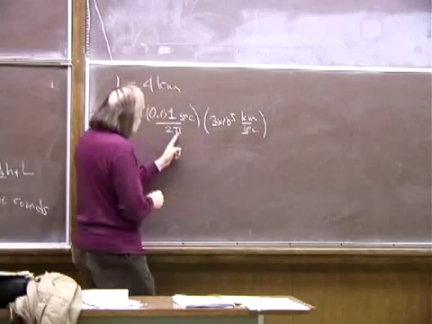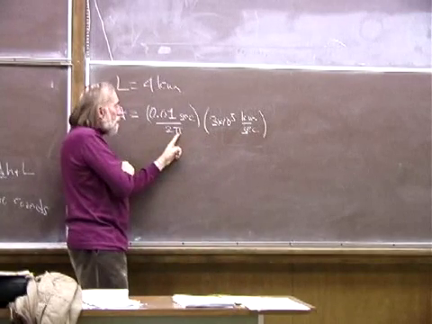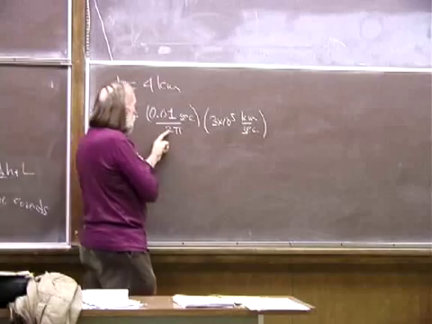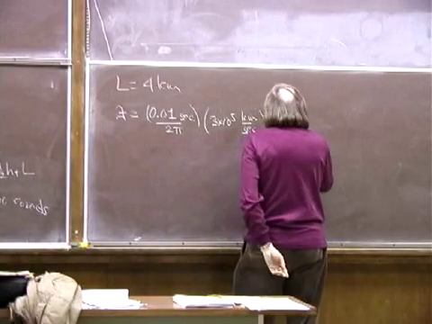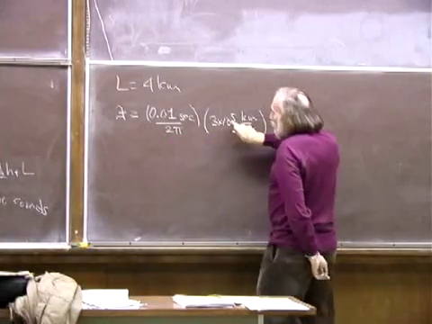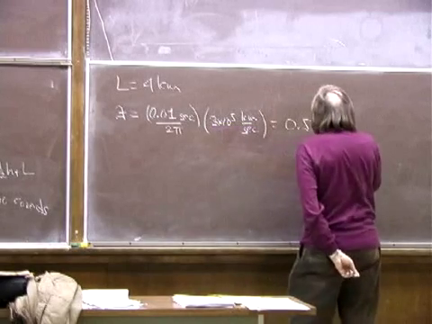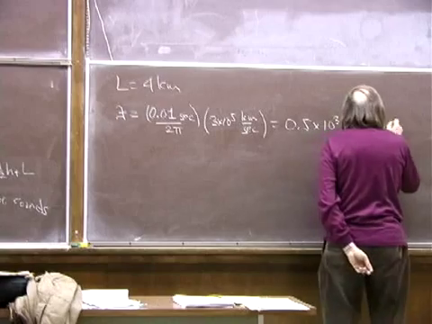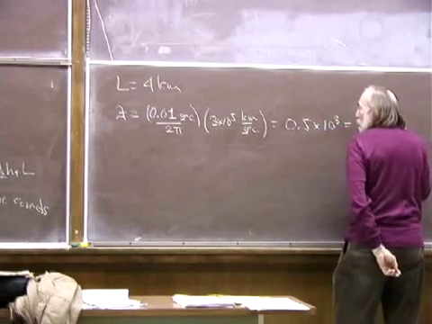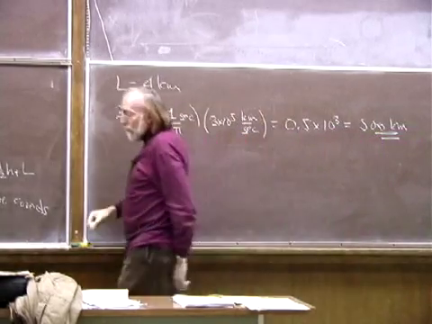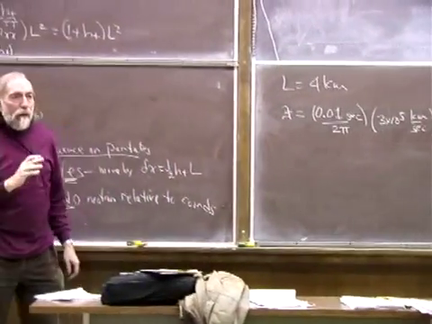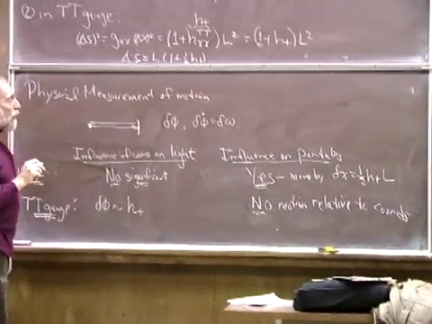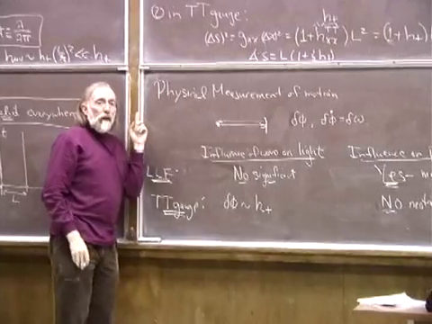And so 3 divided by pi is about 1, and this 1/2 gives me 0.5. So this is 0.5 times 10 to the 5th and times 0.01 is 10 to the 3rd, or about 500 kilometers. The reduced wavelength is about 500 kilometers, the arm length is 4 kilometers, and so you are in the regime with LIGO where you can get away with working in the proper reference frame of the observer,